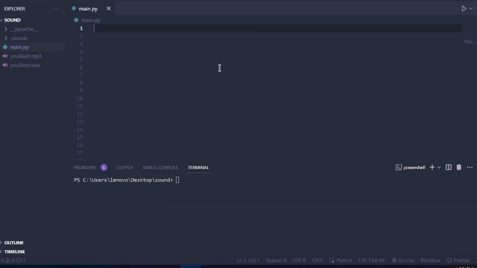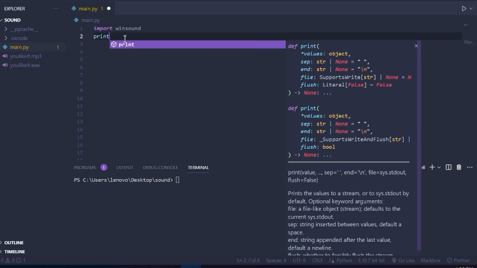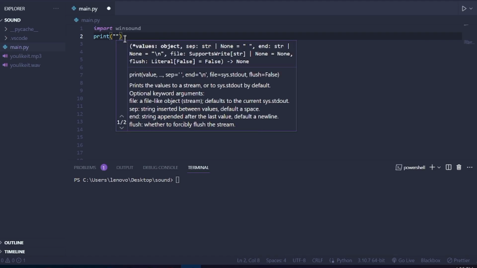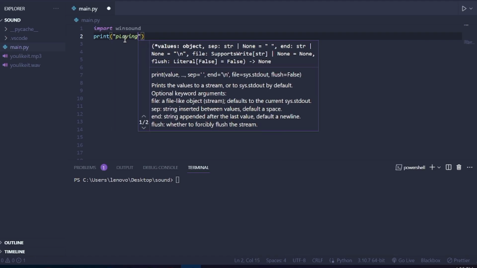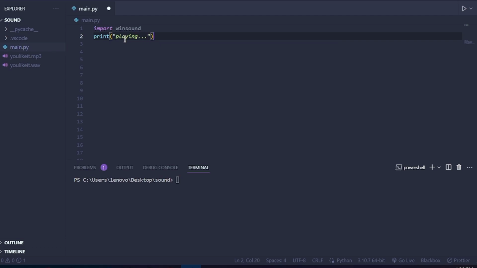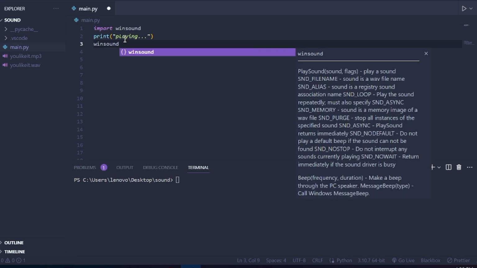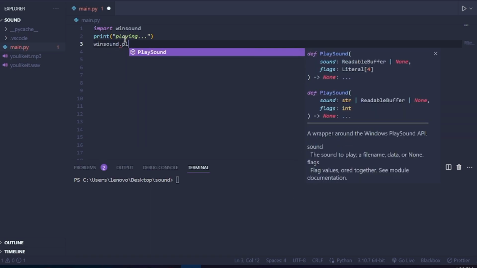Okay, so moving on to import the audio file with the extension of WAV. To import this file, we have to use a built-in library of Python, which is winsound. Import winsound, and then we just print something as an acknowledgement that the song or the audio file is running. Okay, and then we are going to use winsound dot PlaySound,